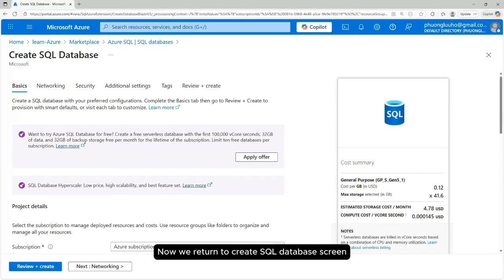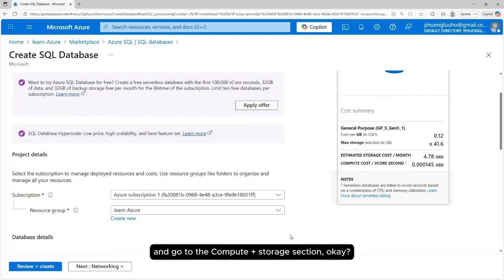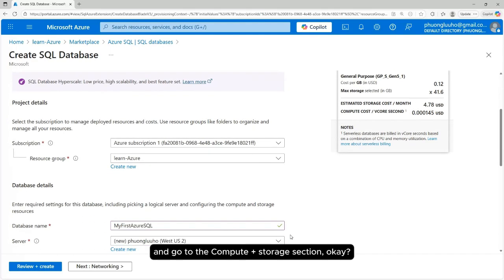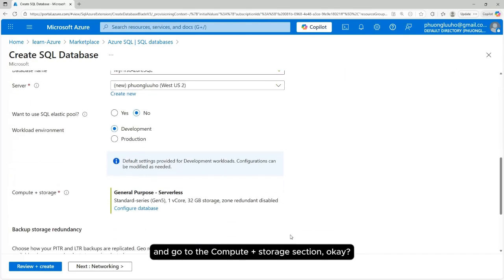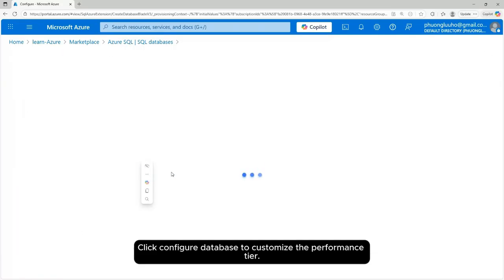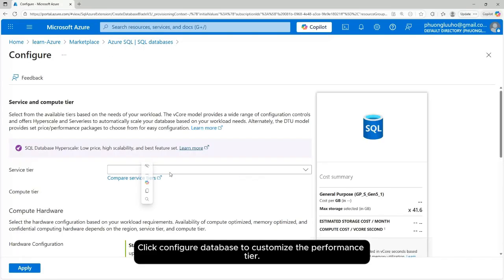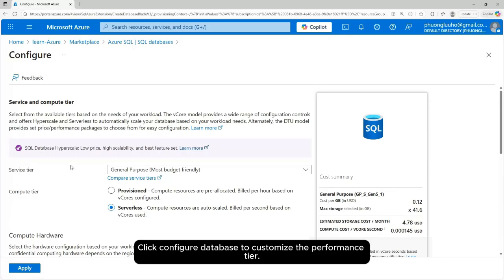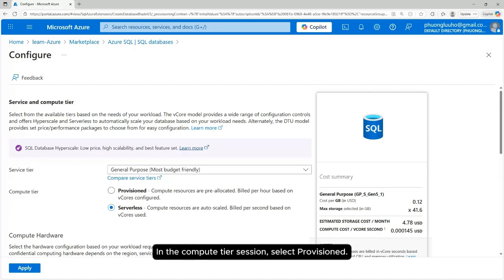Now we return to the create SQL database screen and go to the compute plus storage. Okay. Click configure database to customize the performance tier. In the compute tier section, select provisioned.